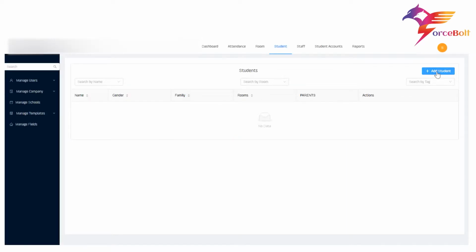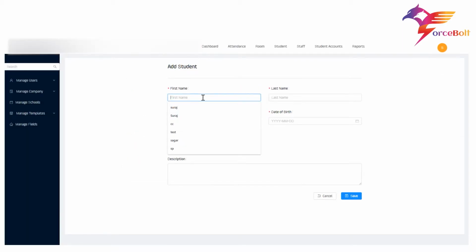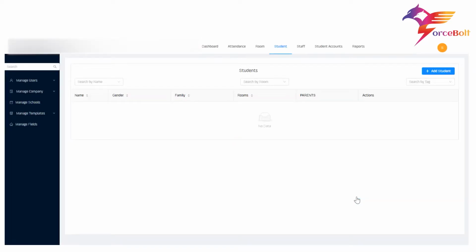So, I am creating a record and here are the student related details like first name, last name, gender, date of birth, family information and description. So as you can see, I have created one student record and now I will add the guardian details of the student.